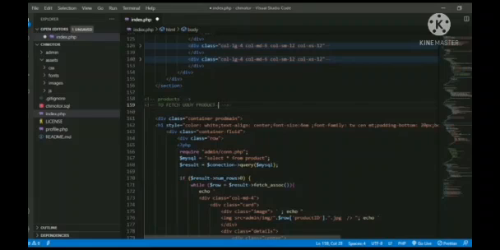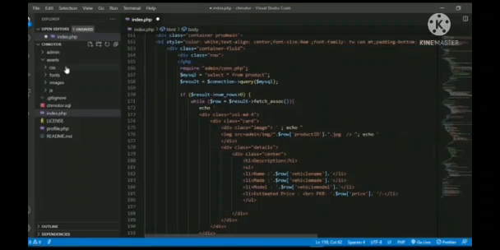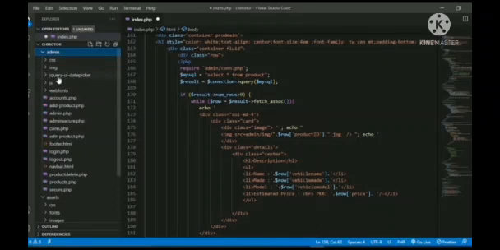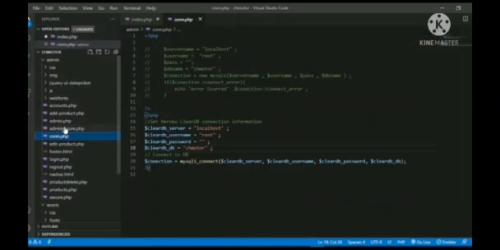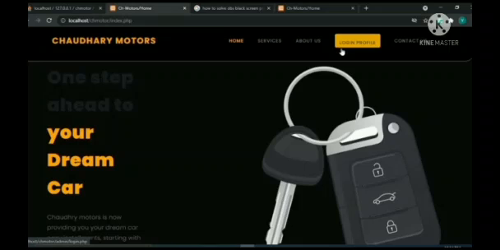using PHP. Another important thing in the backend is the connection file. Let's open the connection file. The purpose of the connection file is to connect our code or backend to the database, or you can say the server data of the project. And thank you.